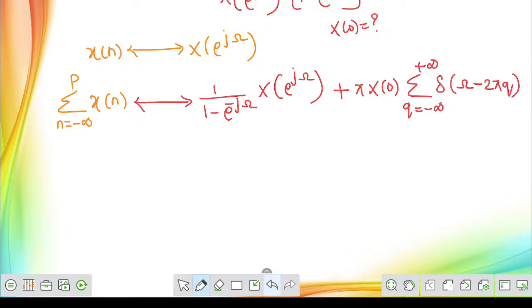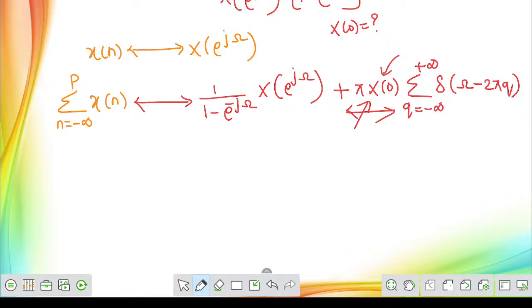This will be q, 2 pi q. Now you can run. Sir, most of the time this will be vanished. They will not give this. You can make it as 0. X of 0 they will not give. Remember, if they will give, then you must remember pi into x of 0 summation q is running from minus infinity to plus infinity into del of omega minus 2 pi q. So you must remember, suppose if the initial value also be